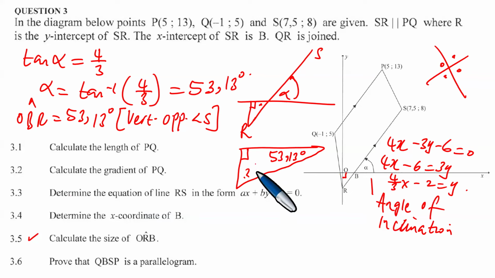So how do we find this? If this one is O, and this one is the angle B, and this angle at the bottom is the angle R, how do we find the angle R? Now, to find the angle R, we proceed to use the sum of angles in a triangle. So we say the angle ORB